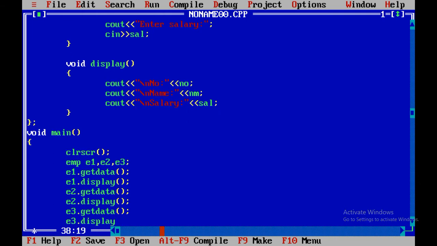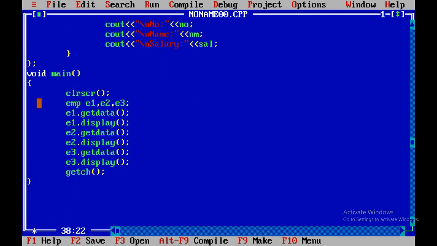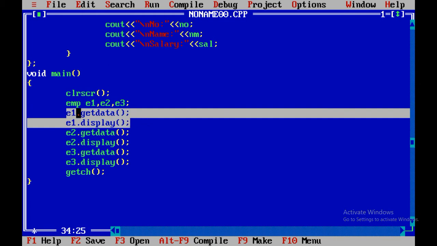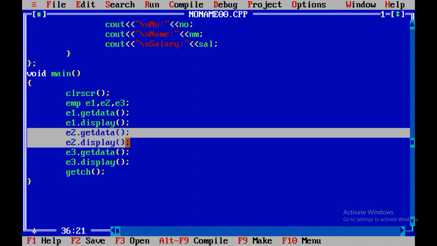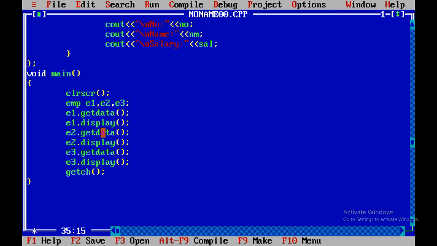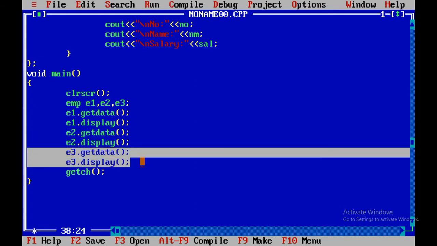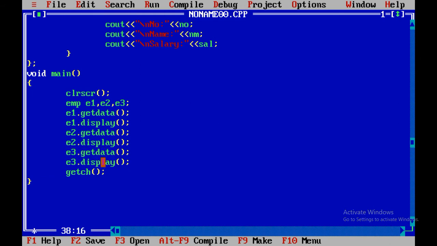So in our previous video we performed programs like this, where we created 3 objects of the employee class. With the help of e1 I called getData and display, for the object e2 getData and display, and for the object e3 I called getData and display.